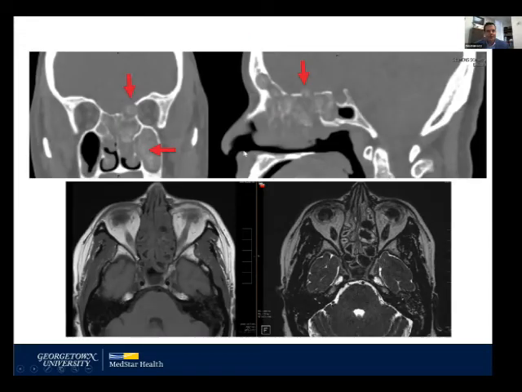Just another example. Again, you can see these hyperdense secretions filling the maxillary, all the individual ethmoids. The right maxillary hasn't really been taken over yet, and it's eroded the skull base and kind of pooching up. But again, it's not an invasive disease, so it's pushing and expanding and remodeling the bone. It's not invading into the dura or the underlying intracranial cavity here. With an MRI, you can see the T1 weighted here on the left, and then T2, you can see it essentially washes out where those dense concretions are, and it looks like essentially a little bit of inflammatory disease, but doesn't look nearly as significant as it truly is.